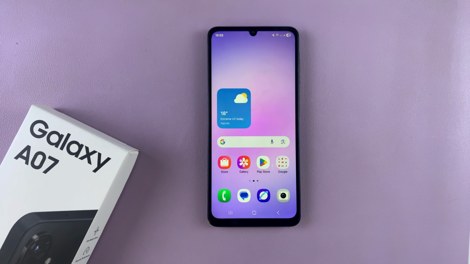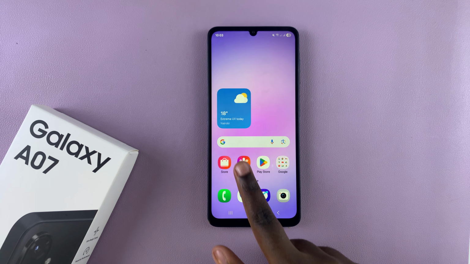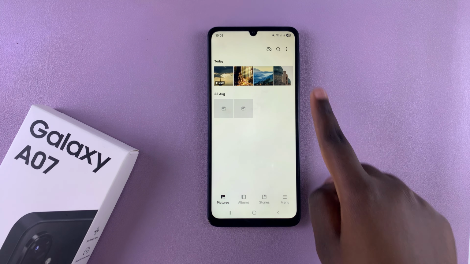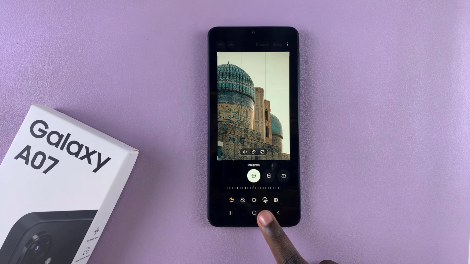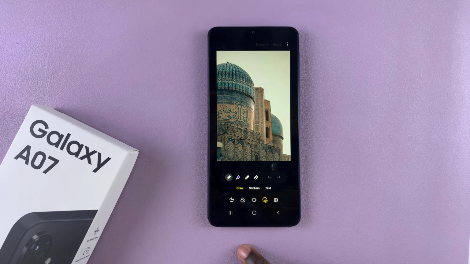To manually add a timestamp to a photo on your Samsung Galaxy A07, you need to just go ahead and open up the Gallery app. Find the photo and select it, then tap on Edit. In the editing menu, tap on this emoji icon with a pencil to open up the text menu, and then